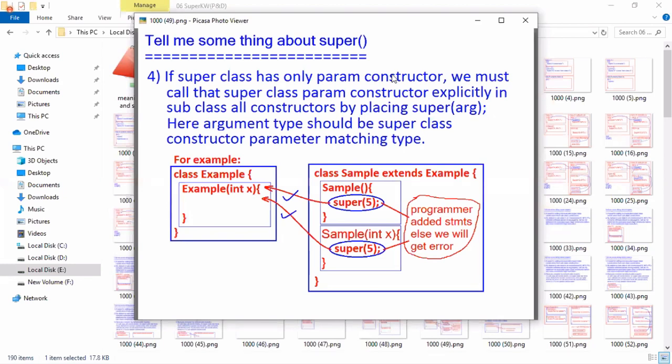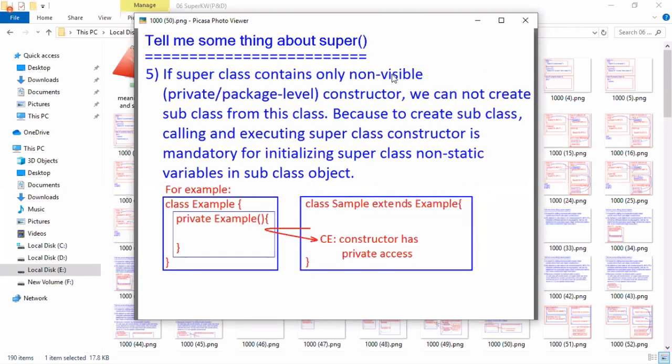Okay, tell me, the superclass contains a private constructor. Can we call the private constructor in subclass constructors? I have a private constructor in the superclass. Can I call it in the subclass? Not possible. If a class contains only private constructors, if a class doesn't contain a visible constructor, can you create a subclass from that class?